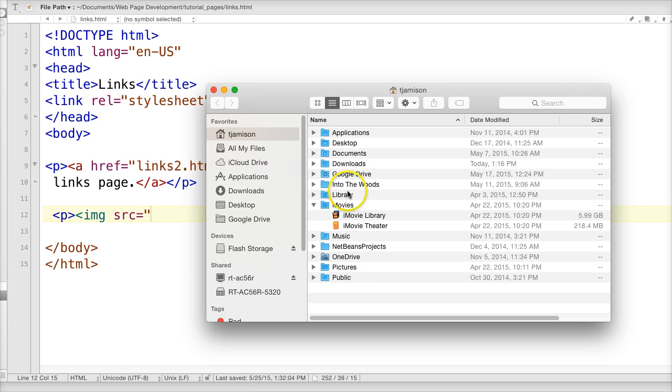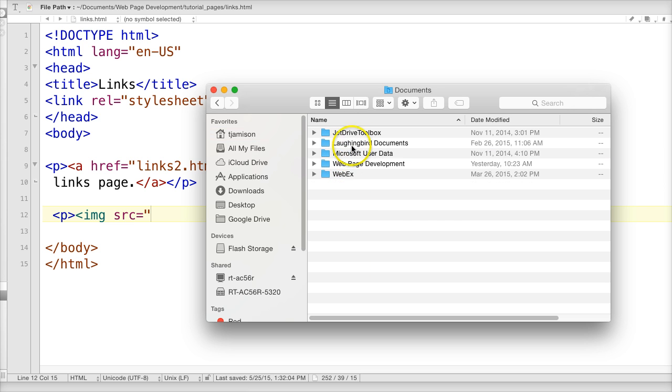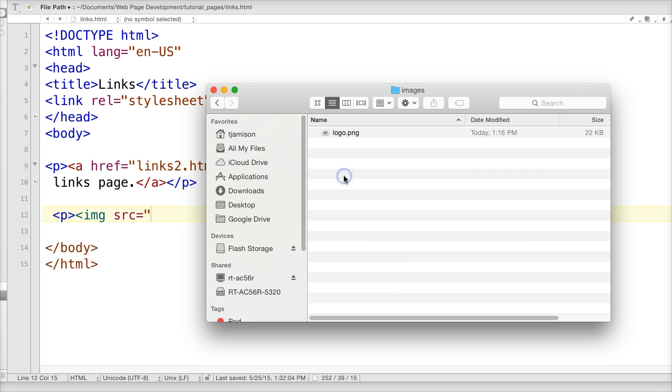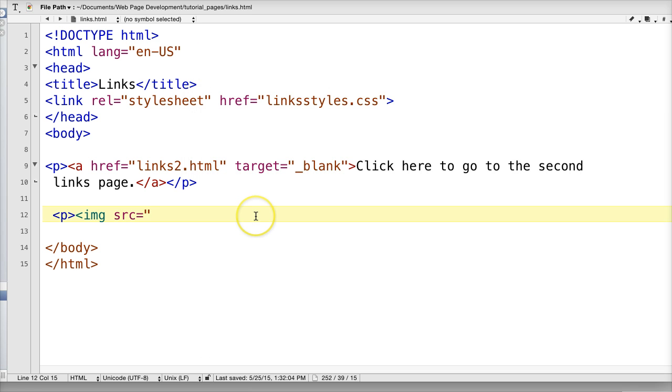Let's see, documents, web page development, tutorial pages, images, and logo. Yes, it is there. Okay, so I saved the Shattered State logo, and I created a folder called images, and I put the logo in there. So it's logo.png, and